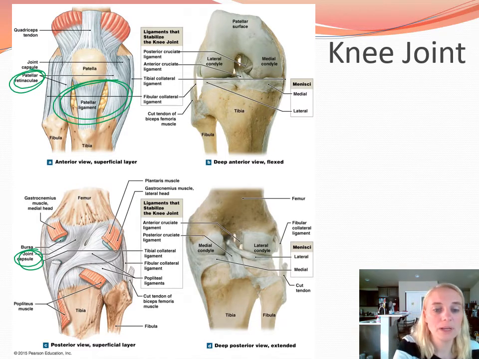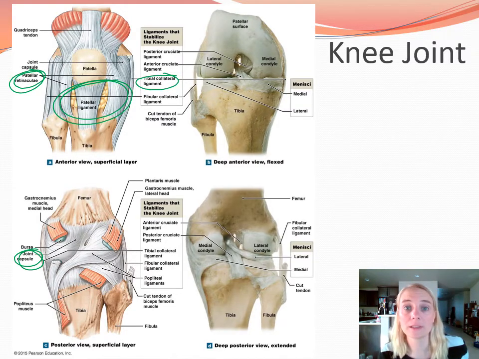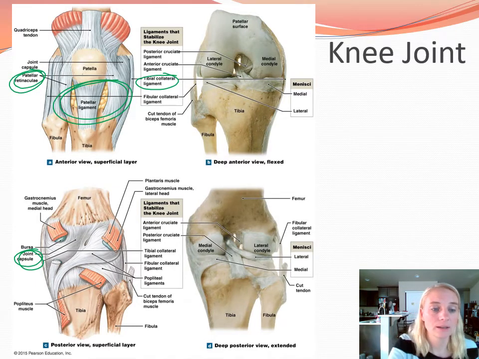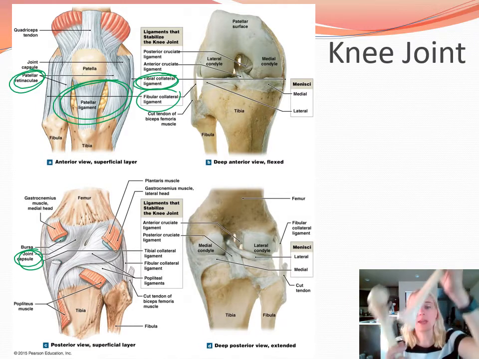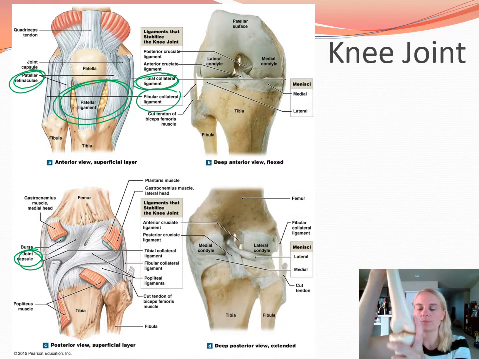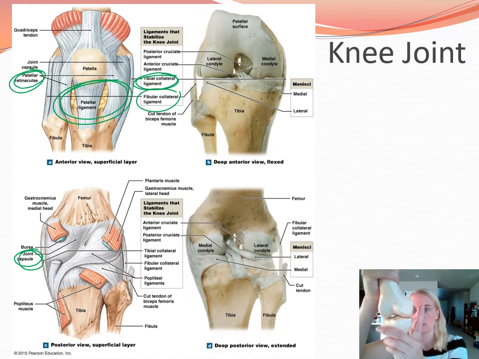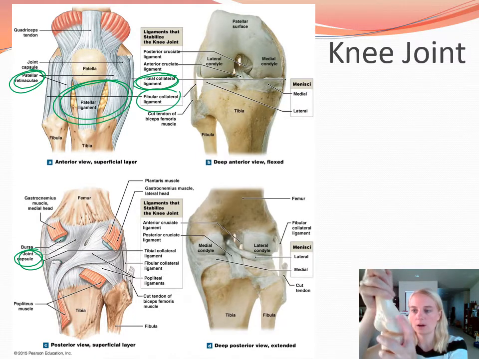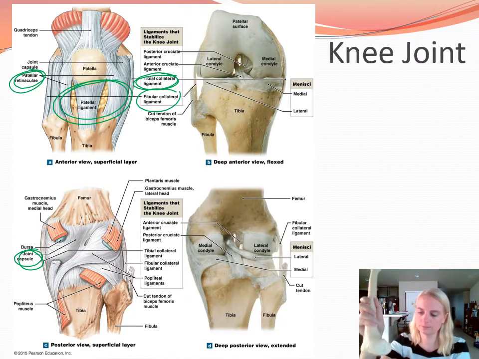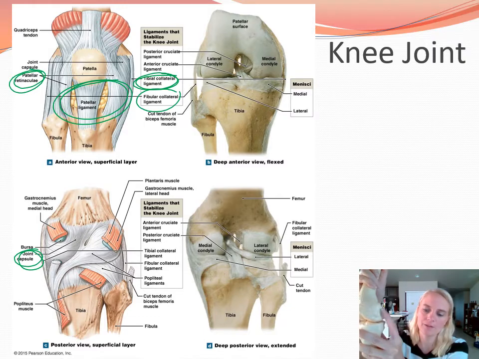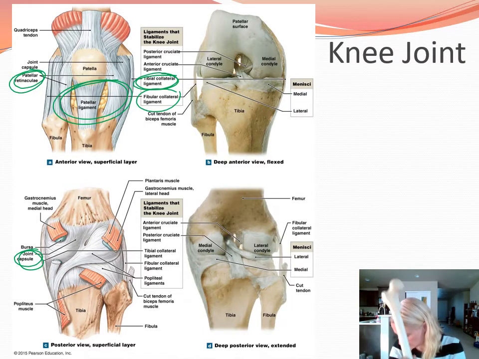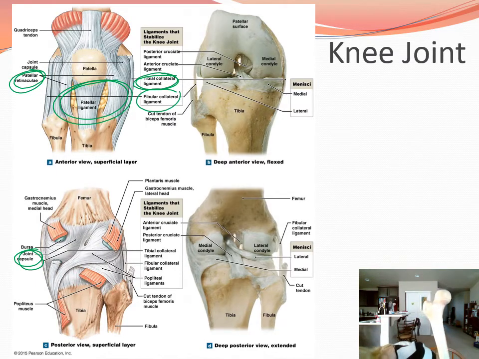Then we have our medial and lateral, sometimes they're called medial and lateral collateral ligaments. Your book's calling them tibial and fibular collateral ligaments. So again, here we go. So on our tibial side, you're going to have a ligament that's going from the femur to the tibia. And then on our fibular side,